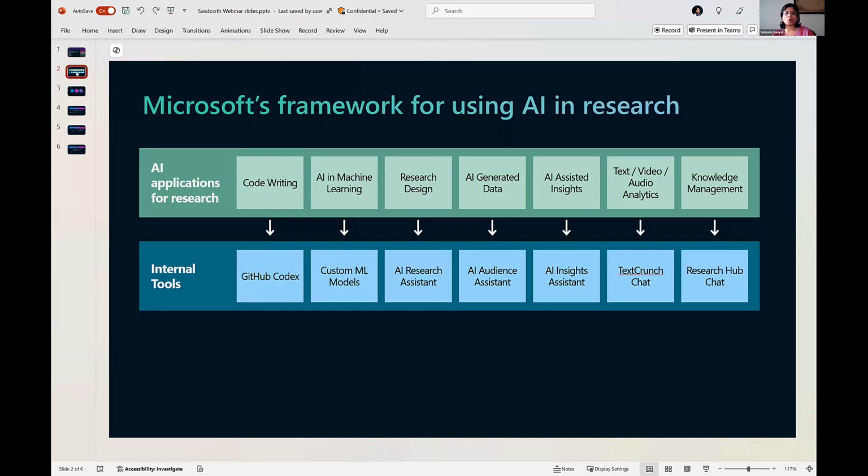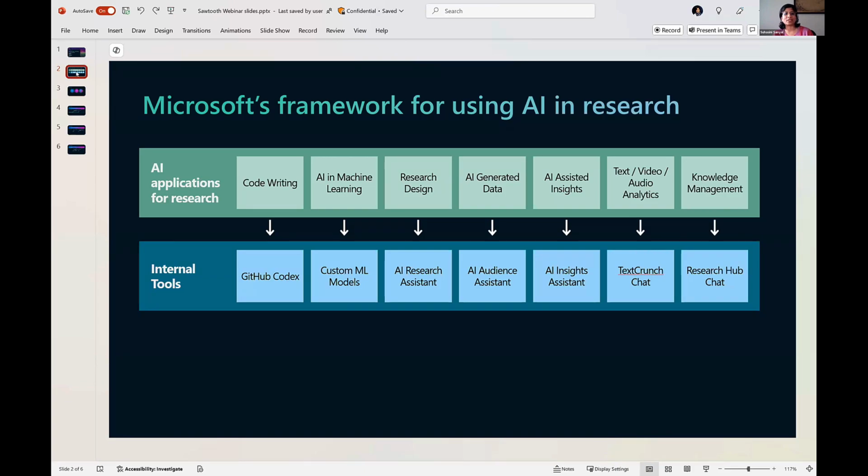And so, with the launch of generative AI, LLMs as well as tools such as Microsoft Copilot, Azure OpenAI, ChatGPT, the research and insights team at Microsoft has been on a journey to explore AI tools in customer research. And so as you can see, we have quite a bit of tools in our toolbox.